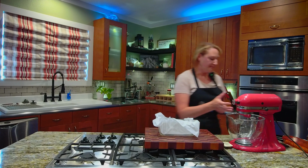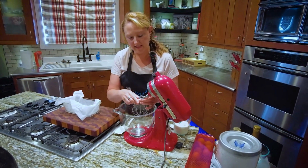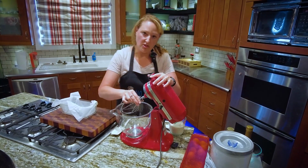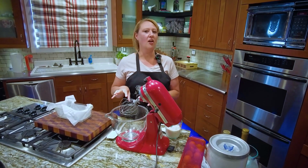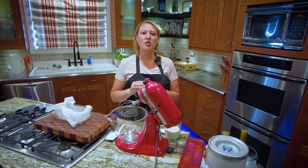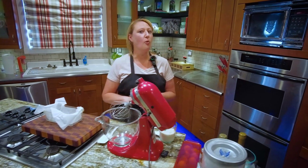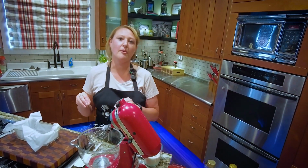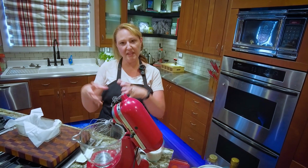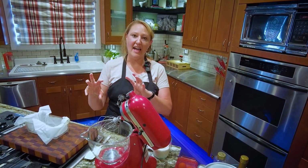In my mixer, I'm starting with 2 egg whites. Now, when you're thinking substitutions, we need to think about the purpose of the ingredient in our product in order to know what would make a good substitution. For this recipe, I'm using 4 egg whites in 2 different ways. In this recipe, egg whites are providing both the stability for the bread and the structure, as well as the